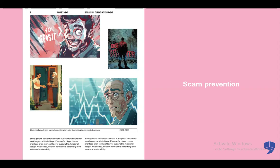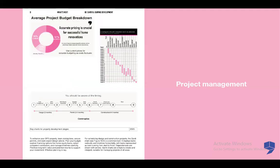We use this very vivid and attractive way so that everybody could understand. And this part is about project management. This is more like technical things, but we'll tell you the price breakdown, a timeline, and all the information that